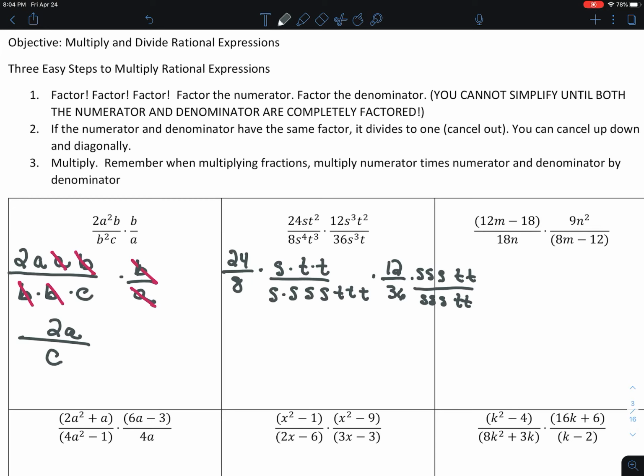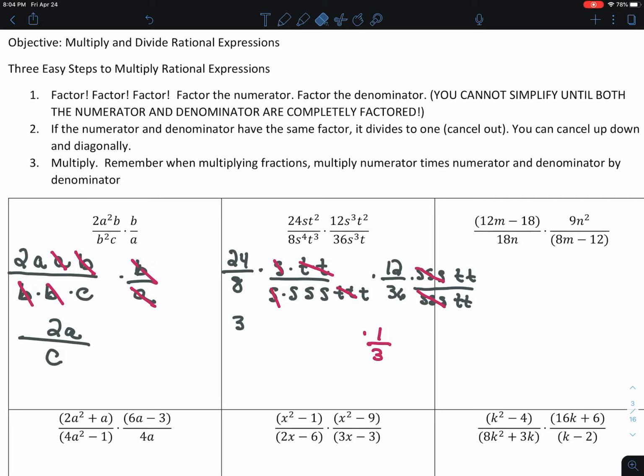And remember, we don't have to do this. We could subtract. I'm just trying to give you the way we would do this. So this is 24 divided by 8, so that's 3. And then can my S's cancel? So I have this S cancel here. I have 2 T's cancel. Here I've got 12 divided by 36 is 1/3, and I can cancel these 3 S's,